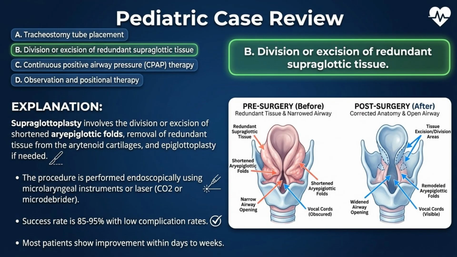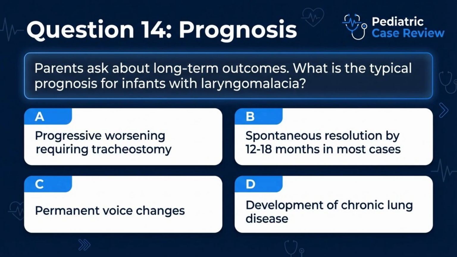The pre- and post-surgery illustrations show how the procedure is performed endoscopically. The surgeon uses microlaryngeal instruments to carefully divide the shortened aryepiglottic folds and remove the bulky, prolapsing tissue from the arytenoid cartilages. This effectively widens the airway opening and boasts an excellent success rate. Question number 14. During a follow-up appointment, the parents of an infant with mild laryngomalacia ask about the expected long-term